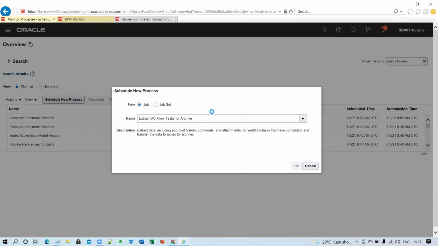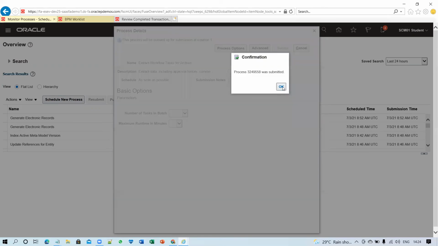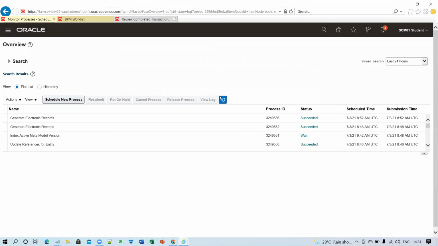So whenever an electronic record is processed, it will automatically generate the PDF output and attach it to the records. Yeah. So you can see that you just have to submit this ESS job and wait for it to complete. So we'll refresh and wait for this program to complete.